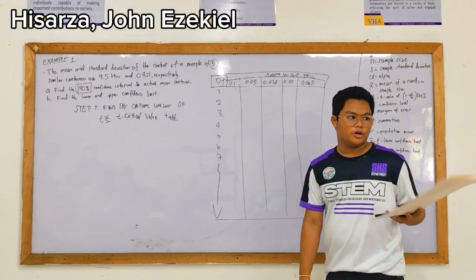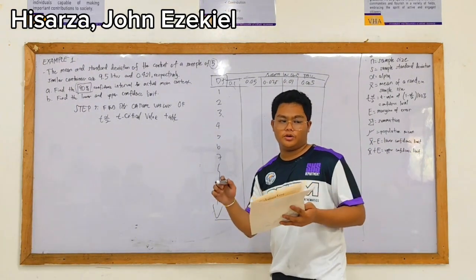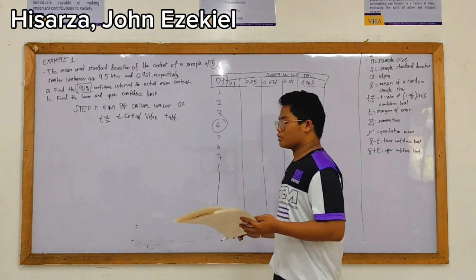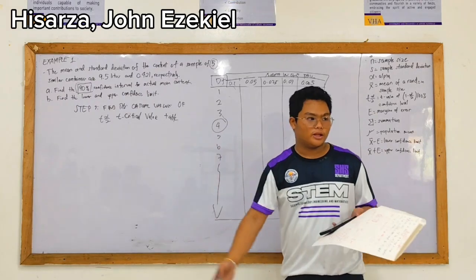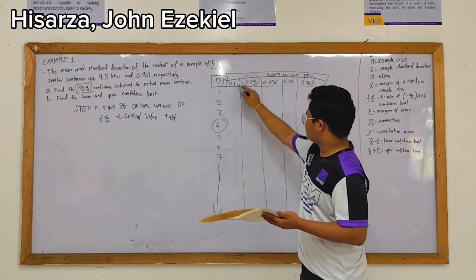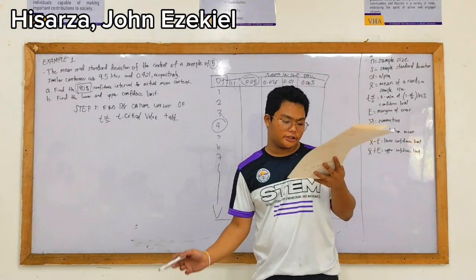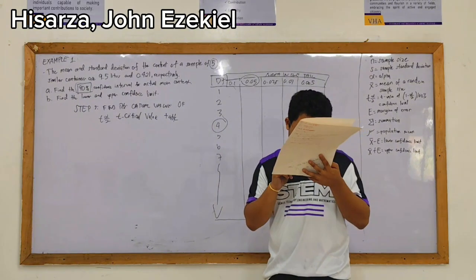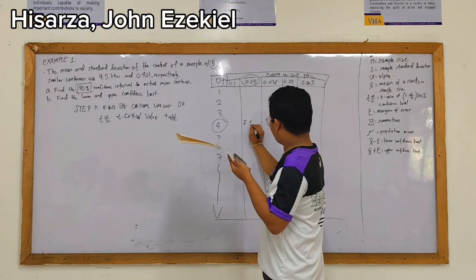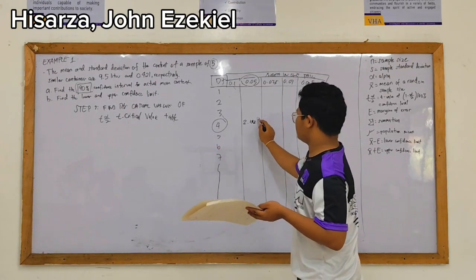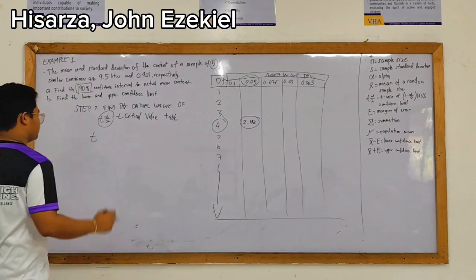As you all remember, a while ago we already got the degrees of freedom, and we got 4. So we're going to look at row 4, and we already have the alpha value, which equals 0.05. If you look at the table of critical values, this equals 2.132. So this is the value of our critical value.